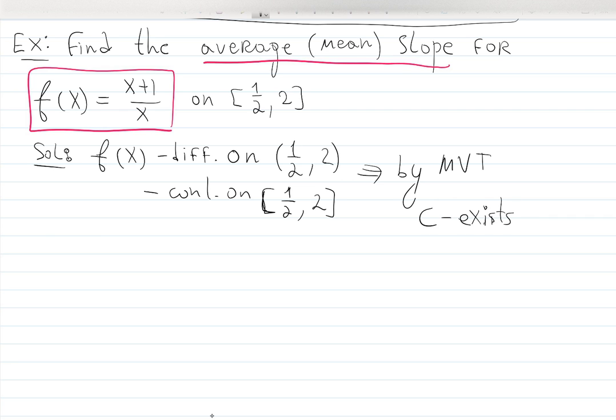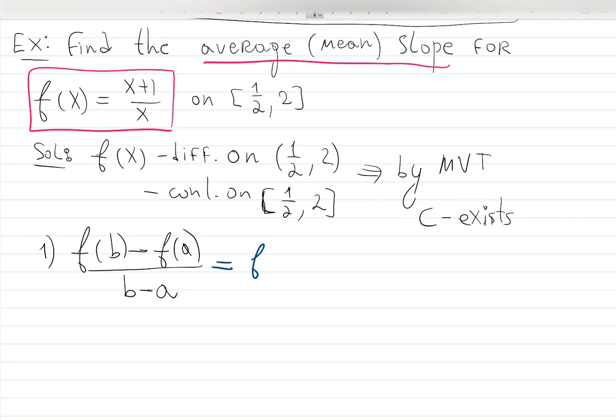Then let's do it. Step 1. What is the average slope? f of b minus f of a all over b minus a equals f at 2 minus f at 1/2, that's the end of the interval, all over 2 minus 1/2 equals